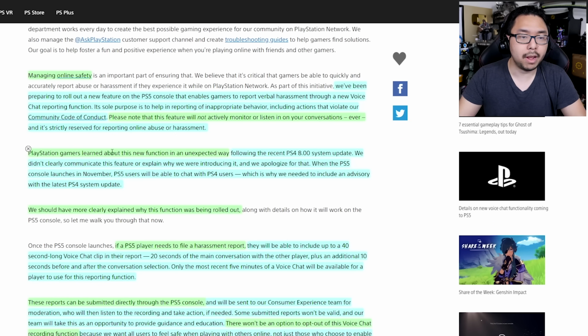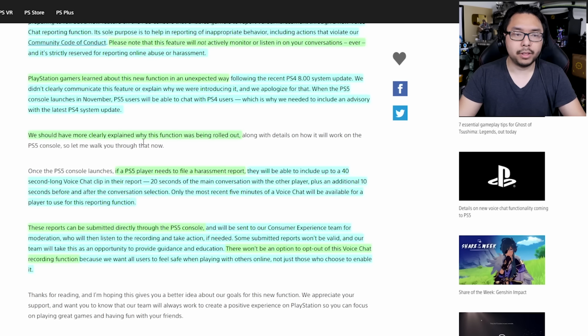PlayStation gamers learned about this new function in an unexpected way following the recent PS4 8.0 system update. "We didn't clearly communicate this feature or explain why we were introducing it, and we apologize for that. When the PlayStation 5 console launches in November, PS5 users will be able to chat with PS4 users, which is why we needed to include an advisory with the latest PS4 system update." They go on to say that they should have explained this more clearly, and they explain a little